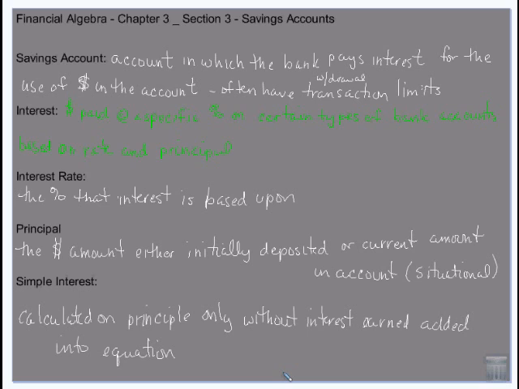And because you're leaving money sitting in the account, in theory, the bank uses it. The bank basically borrows your money out of your savings account, and so they pay you interest for the right to do that. Because they want to guarantee they'll have this money available if they're paying you interest on it, they often have withdrawal transaction limits. They don't have deposit transaction limits.